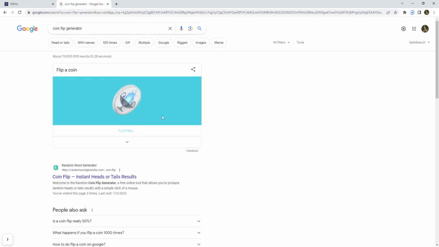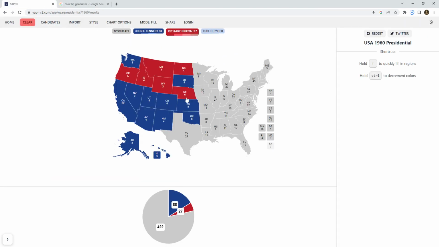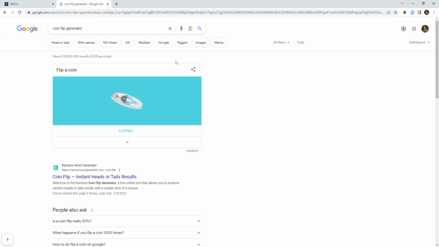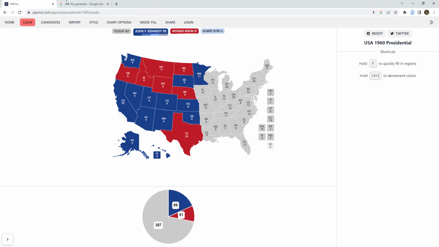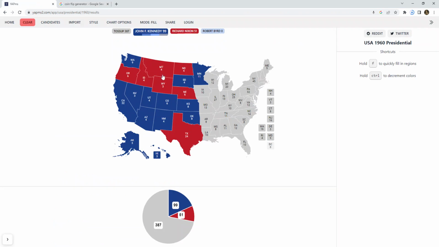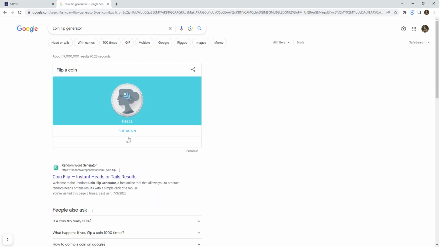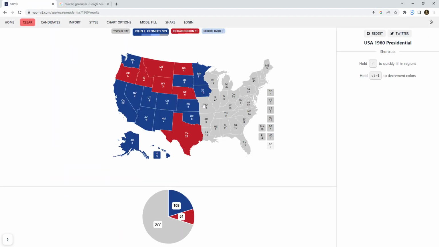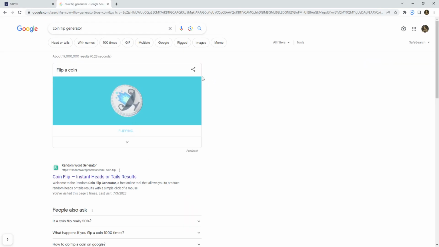Next is Texas. That was Lyndon B. Johnson's home state. Well, however, it will go for Richard Nixon, so interesting there. Next is the state of Minnesota. That's going to go for John F. Kennedy. Next is Iowa. And that's going to go for Kennedy too. Next is the state of Missouri. I will go for John F. Kennedy as well.